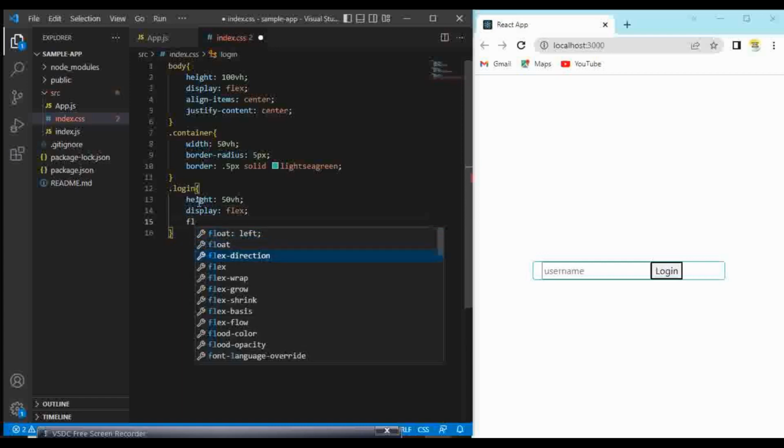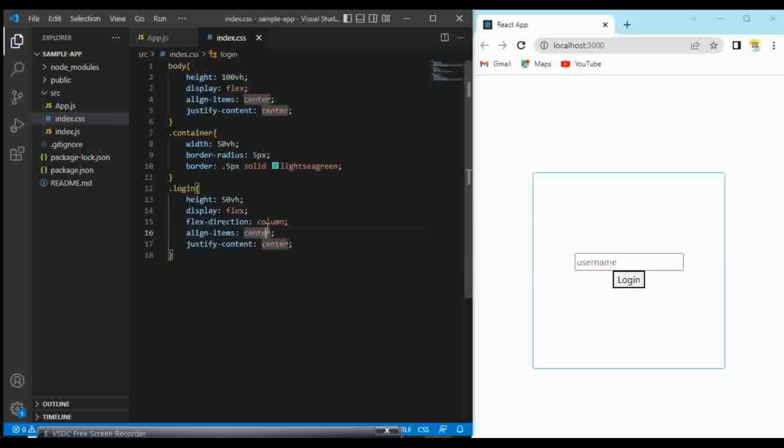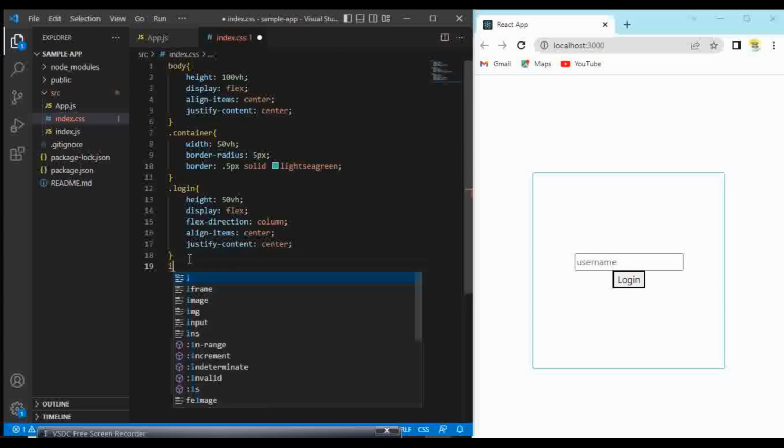I'll give the flex direction as column. And same, align items center, and justify content center. So you can see we will give for input field and that login button. So for that I'm not giving any class names, I'm just giving